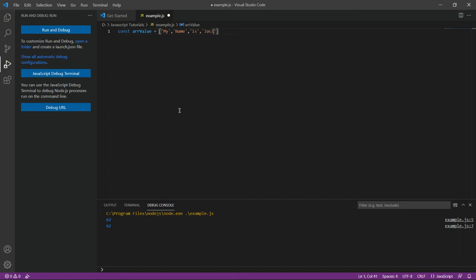Jack. I'm using Jack more in this tutorial because recently I have seen Pirates of the Caribbean, so I am much